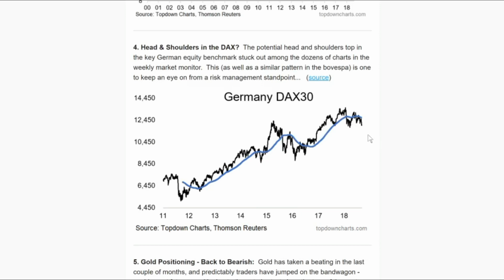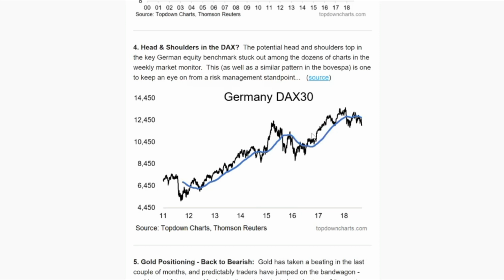I hesitate to call it a head and shoulders top, because you can really only call it a head and shoulders top once it's actually been established as a top. So sometimes head and shoulders can work as a continuation pattern. But anyway, the line in the sand here is, if you can see where I'm placing my mouse cursor, sort of around there, and if we get a break of the neckline, then that would open up a move down, probably down towards the